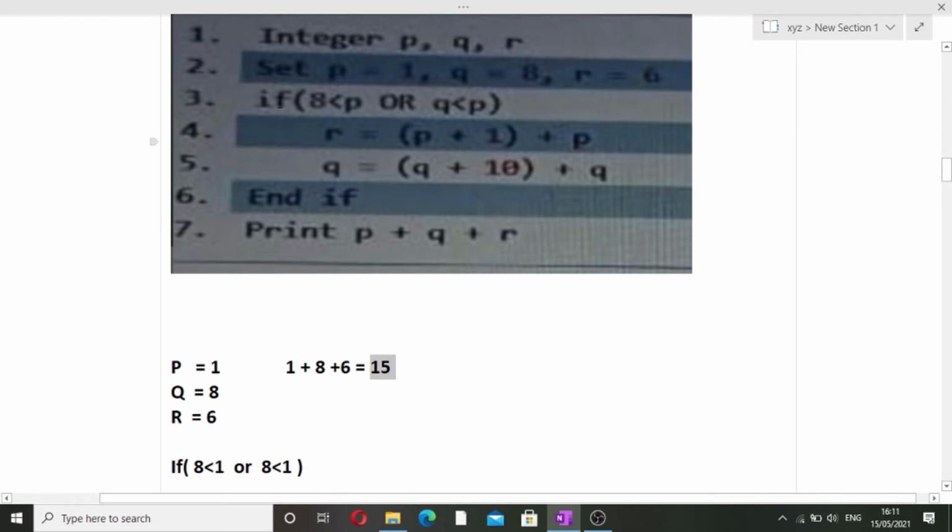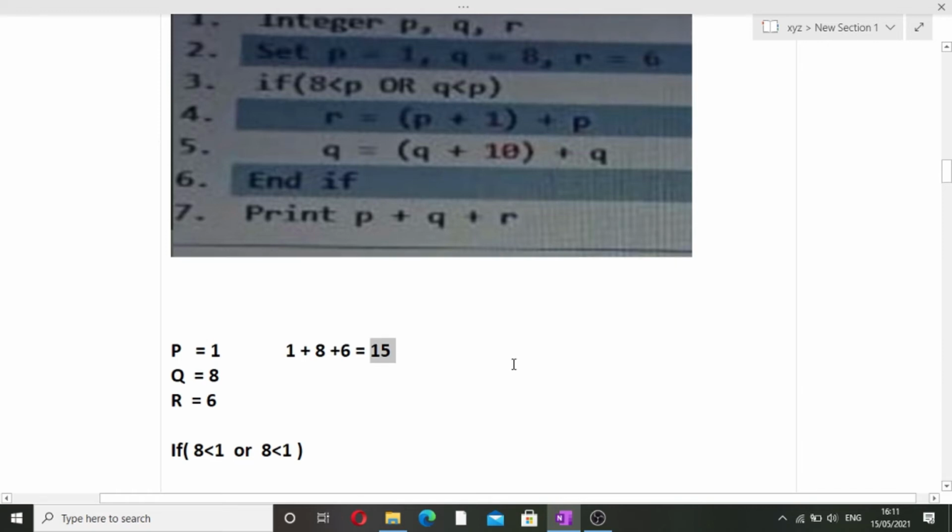In this if condition there is an or statement. Now an or statement only runs if either of these two conditions is true, but in this case both the conditions are false. So our control will not go inside the if condition and the code inside the if condition will not run. So indirectly we are skipping the if condition for this particular question. So I hope the concept is clear to you.